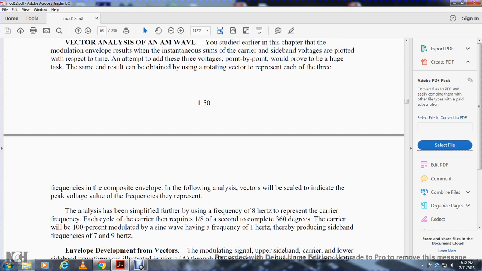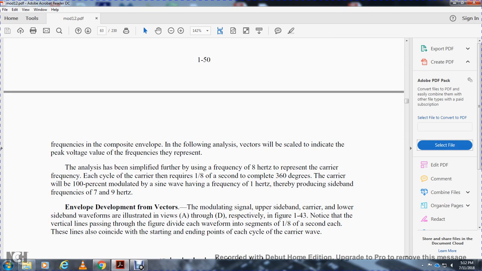The constant envelope of the following analytic vectors will be scaled to indicate the peak voltage value of the frequency represented. The analysis has been simplified further by using a frequency of 8 Hz to represent the carrier frequency. Each cycle of the carrier requires 1/8 of a second to complete 360 degrees. The carrier will be 100% modulated by a sine wave having a frequency of 1 Hz,